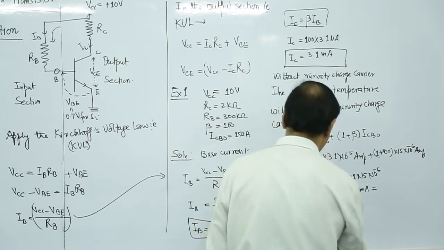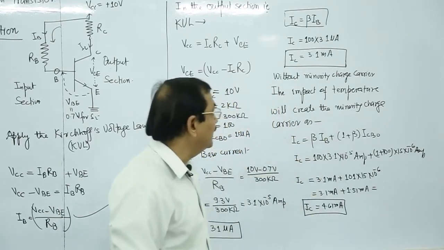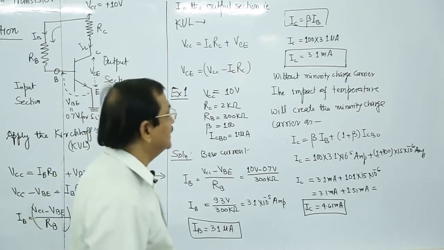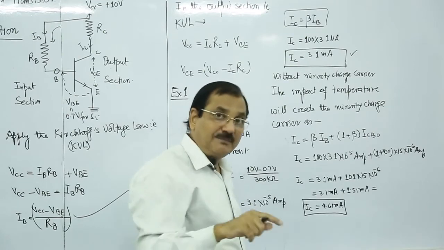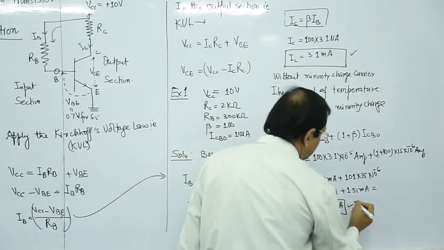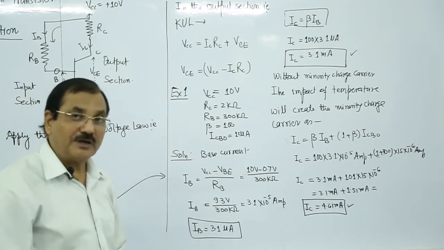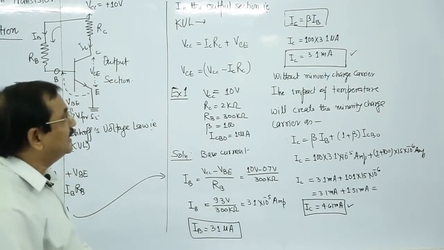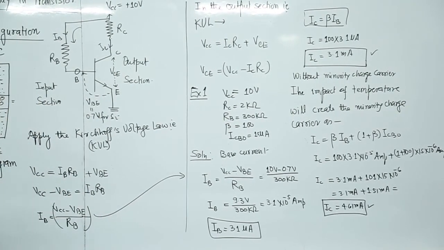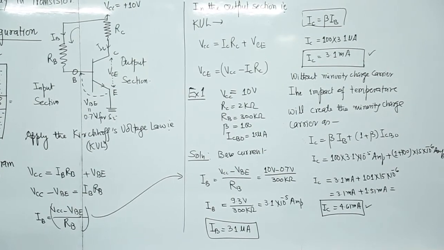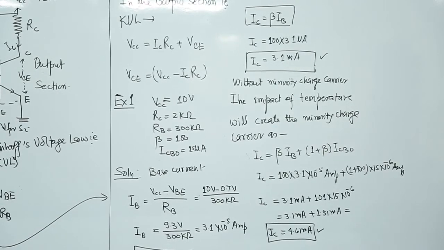4.6 milliampere. So what we find in this way? Without minority charge carrier, the current is 3.1 milliampere. With minority charge carrier, the current is 4.61 milliampere. So from this we can very easily calculate the percentage increase in the transistor current, that is